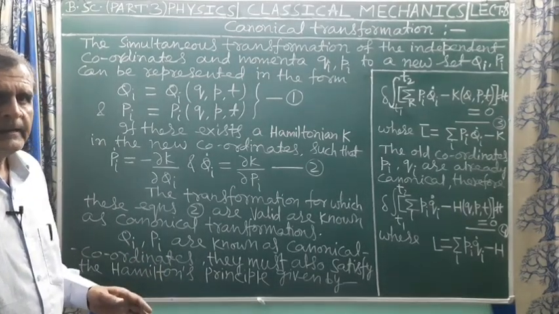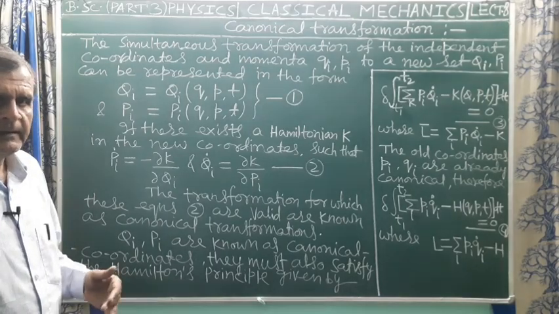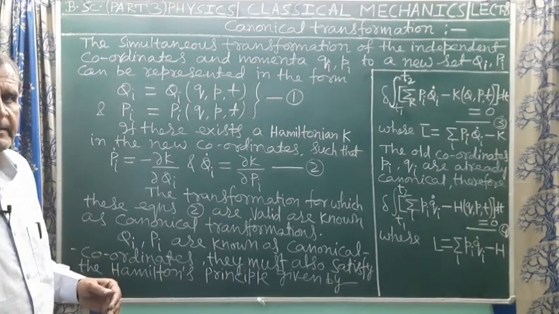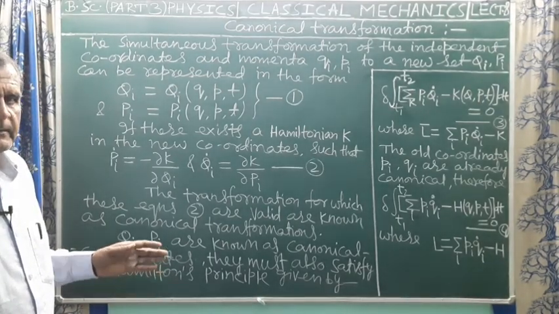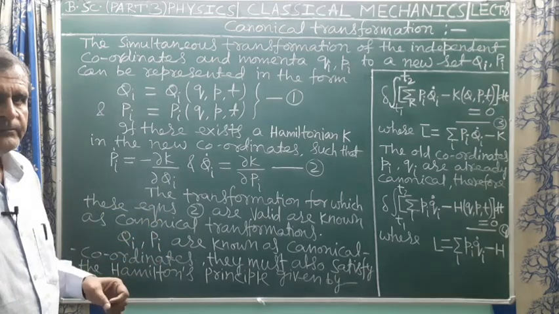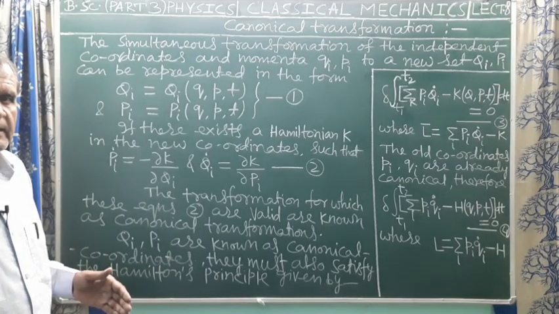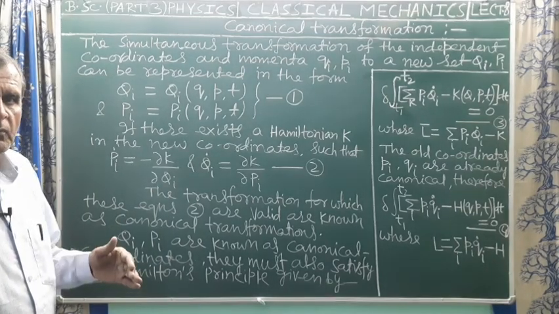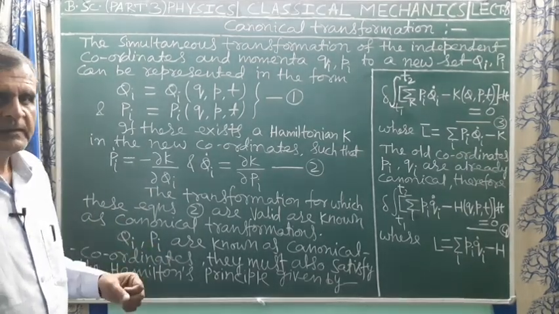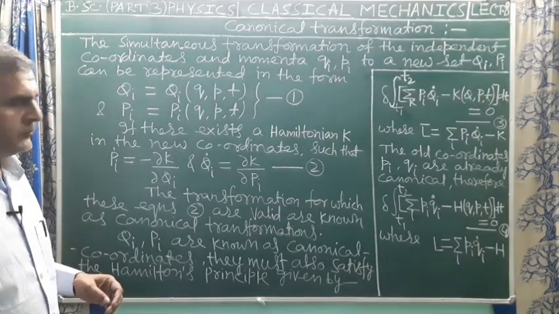So in canonical transformation, 4n plus 1 variables can be easily transformed into only 2n plus 1 variables with the help of transformation equations